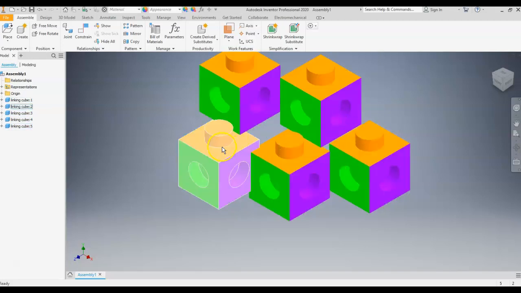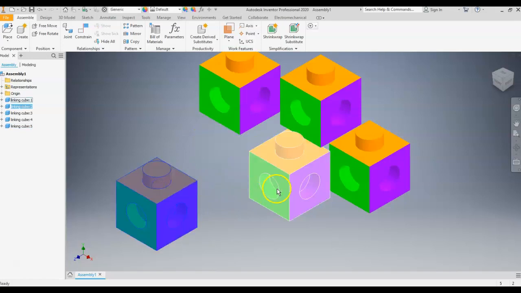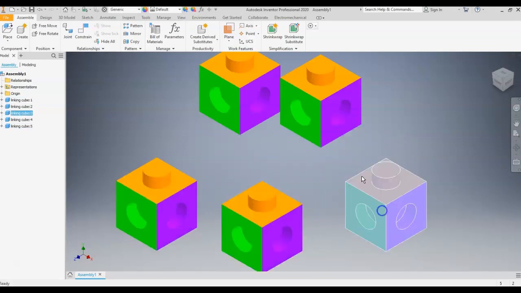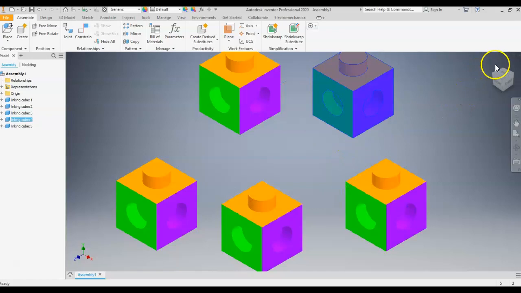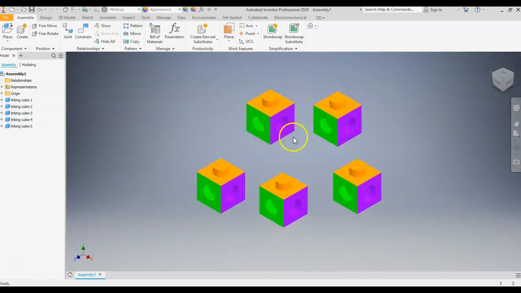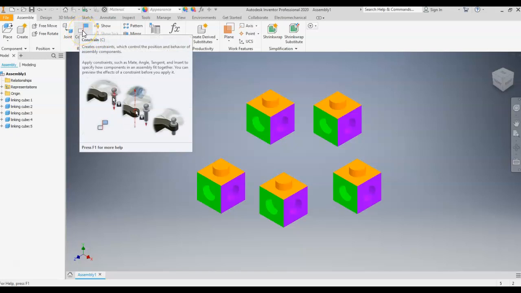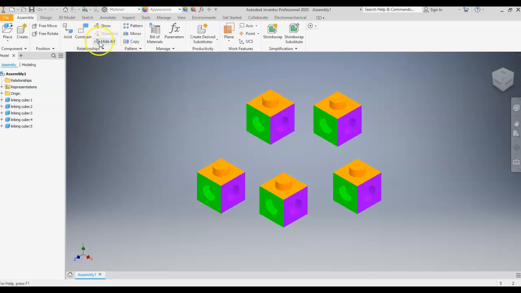Now I need to put them together. I'm going to space them out just a little bit better here so they aren't touching. Zoom out a little. Okay, so what I'm going to do is click this option right here, constrain. That's how you put things together. So I'm going to click constrain,